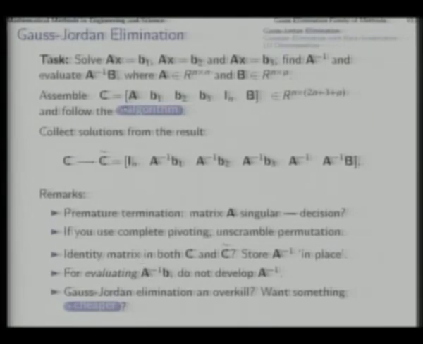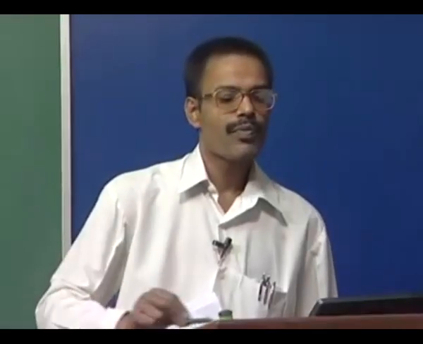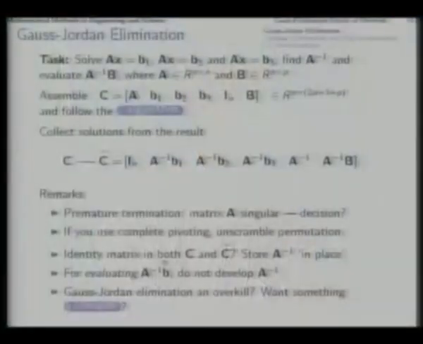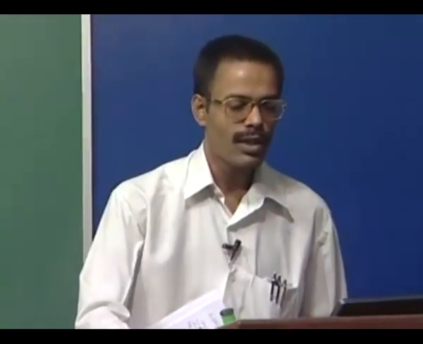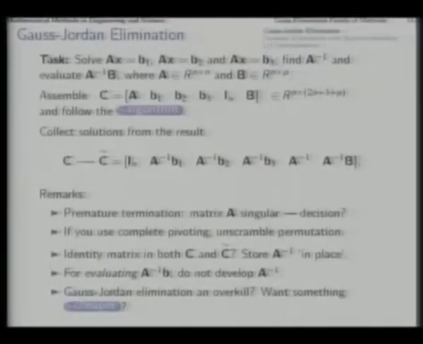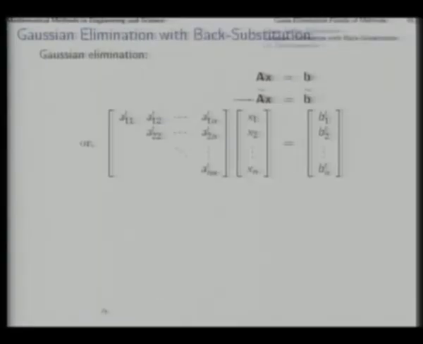In that case, you can just curtail your system to this point and apply the algorithm. That will be much cheaper. Now, you might find that if you write the algorithm, or if you try to do a hand calculation, then you will find that Gauss-Jordan elimination, this algorithm, is perhaps an overkill regarding the number of computational steps, addition, subtraction, multiplication, etc. If you want something cheaper, then the option is the second algorithm of this family, and that is Gaussian